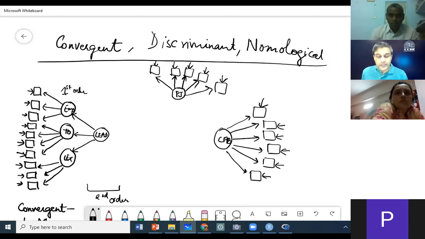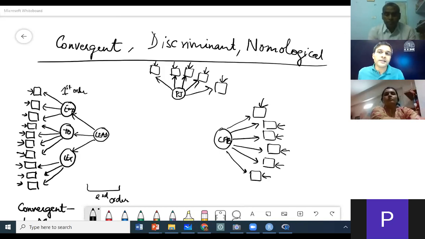So when I am collecting data for my study, because I am testing the validity of my scale, I also measure these two constructs, PJ and creative performance behaviors. These are already existing scales, so I am not developing them. They already exist in the literature.